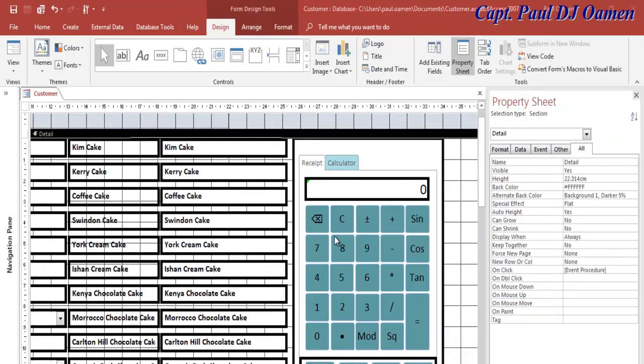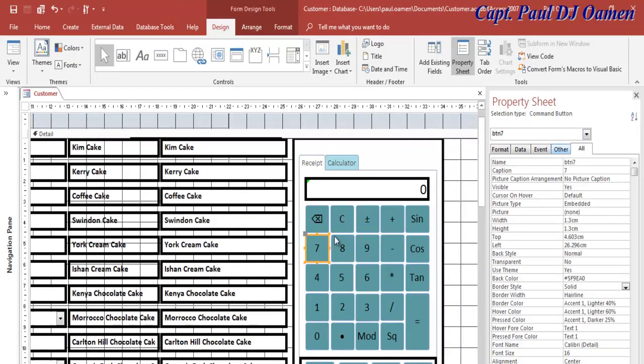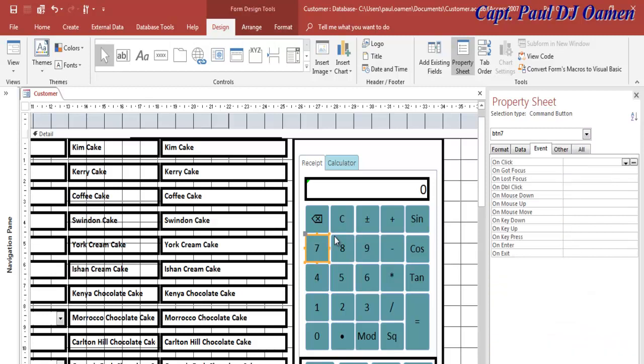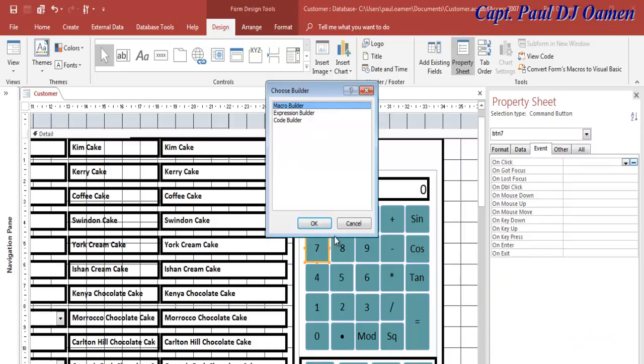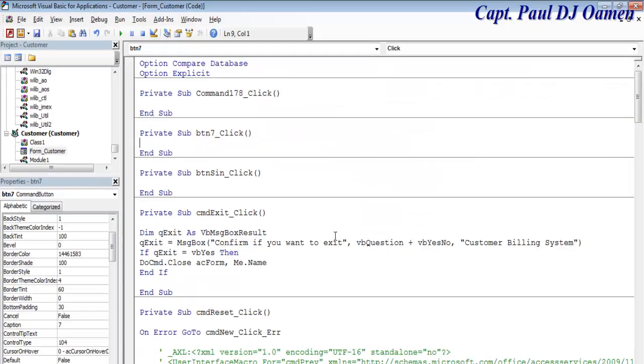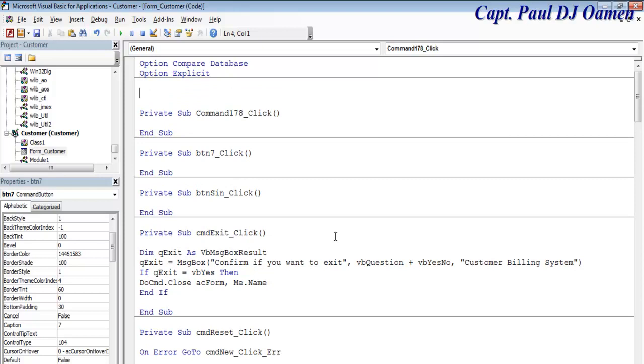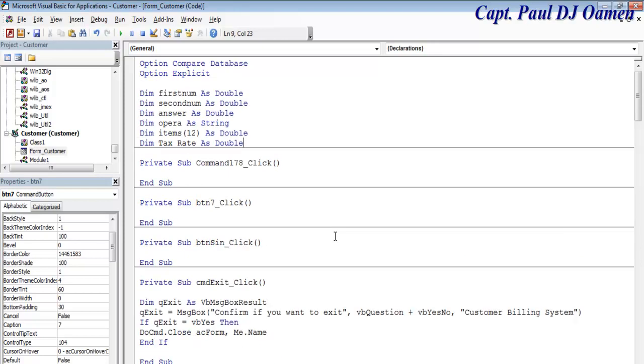Okay guys, I'm going to select button 7. Let's come into the event of button 7. Select that and click on build. There we go. But before I start anything on button 7, I'm going to come up here, Option Explicit, and declare the following variables. So come back in here and just say